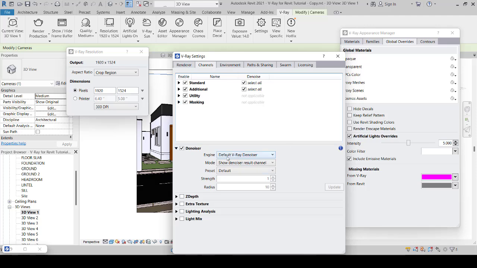So coming to my denoiser, make sure for your final rendering you set your denoiser to Vray denoiser. So and then this default, I will go to custom, then strength, I will say 1.5, and then leave the radius at 10. So and then I will click on light mix. Light mix, I will leave it as family type, because light mix gives the ability for you in post production,